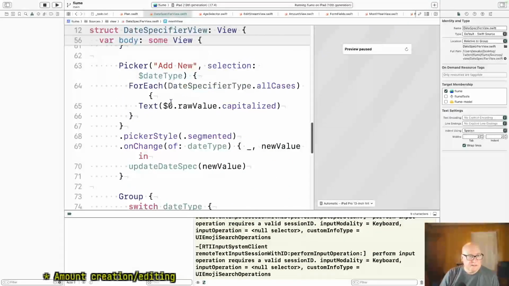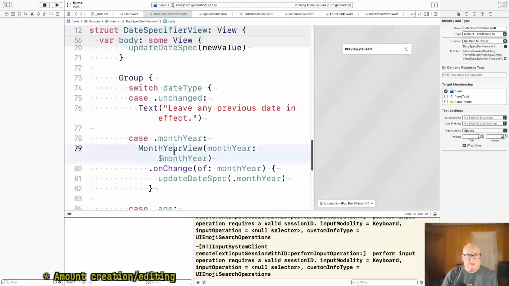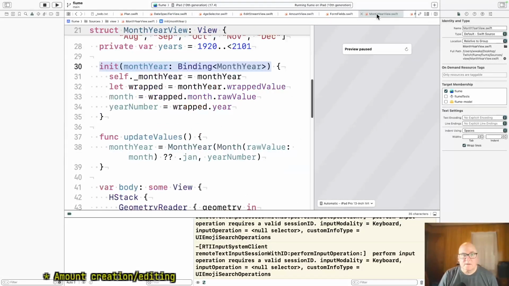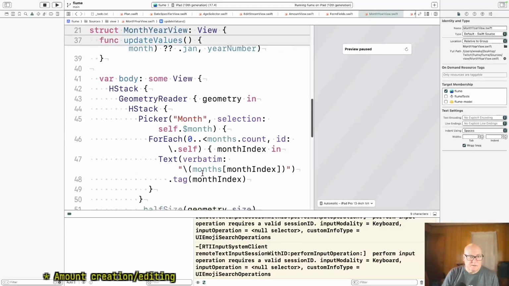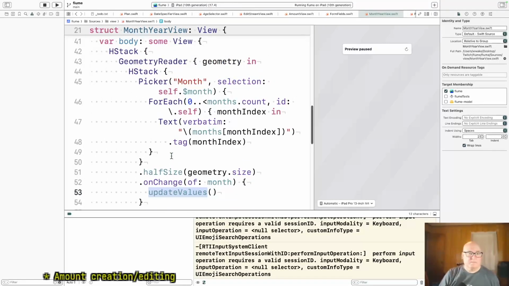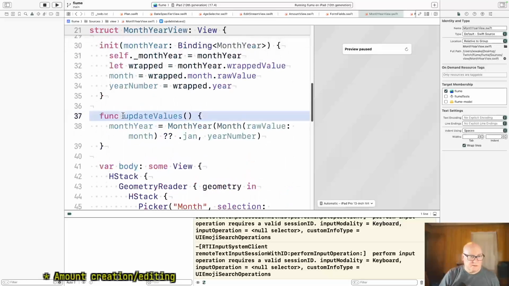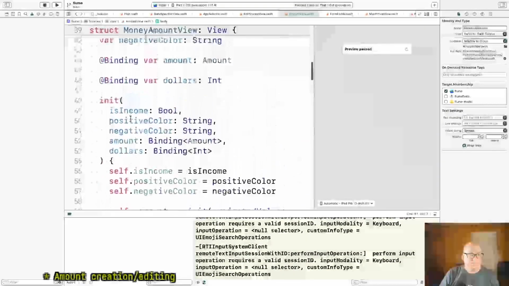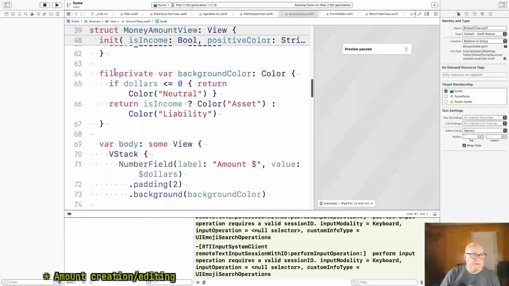But I think we have to do the insides first. Sorry, I keep bouncing around here. Month year view. All right. So yeah, when you update the picker, we have to update the values. Okay, that'll be a good target. So let's just define this kind of thing. And which one am I in? Money amount view. Okay, so if I give myself an update,